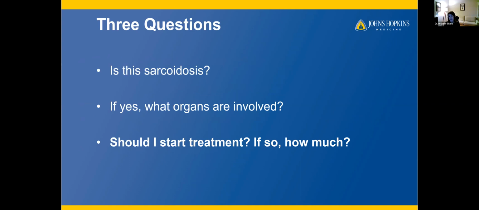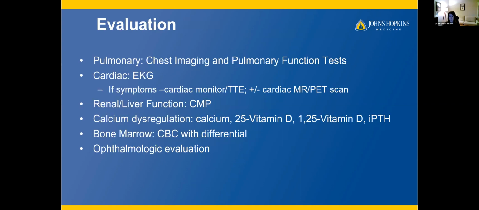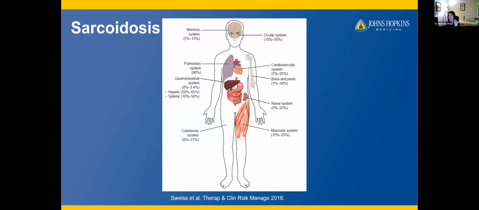So again, sarcoidosis can affect, I'm going to go back to the little guy, can affect pretty much any organ. And not even all the organs are listed here. There are other extremely rare manifestations that I have seen once or twice in my practice, including testicular involvement, appendix involvement, tonsillar involvement. We didn't talk about parotid gland involvement. So there are additional involvements, but it's important to know that it can affect almost any part of your body.